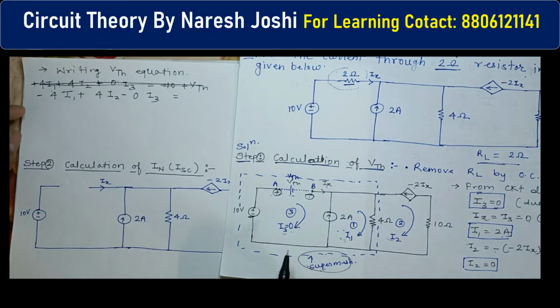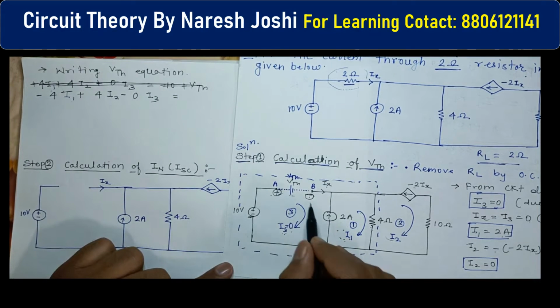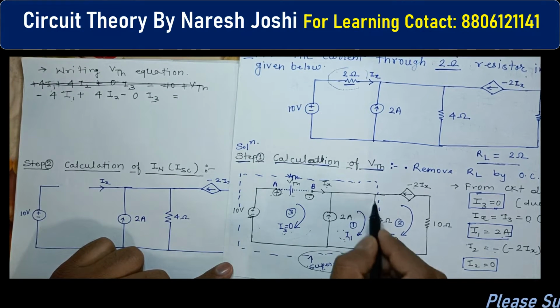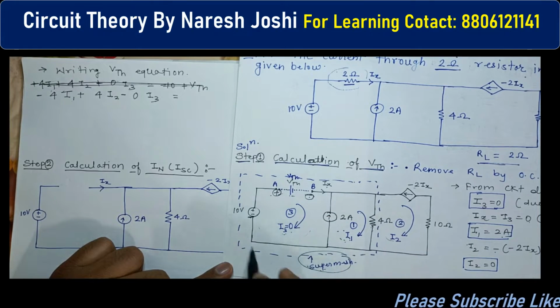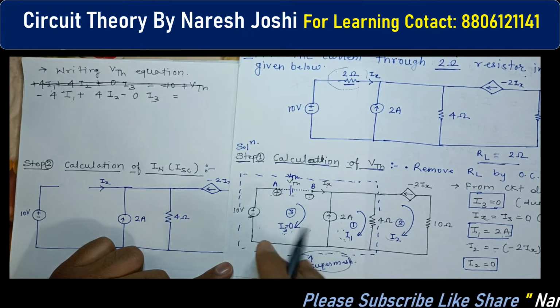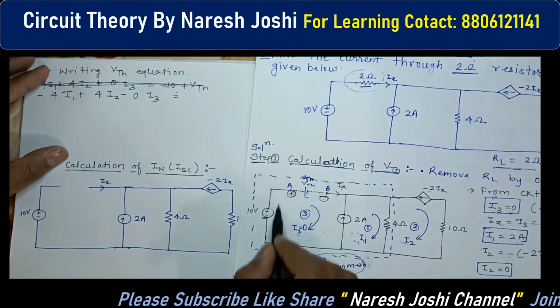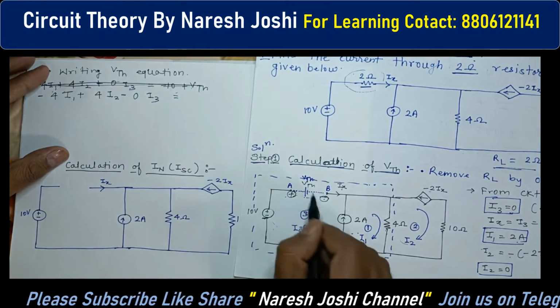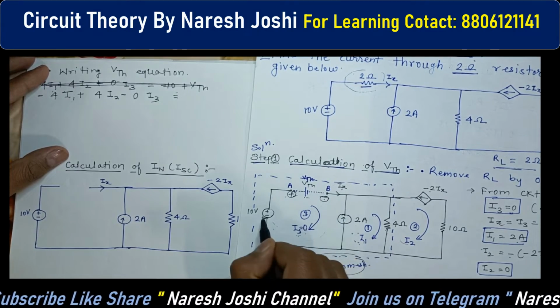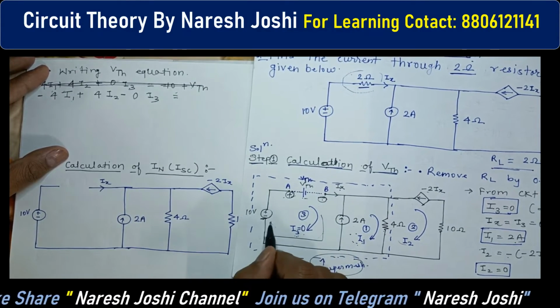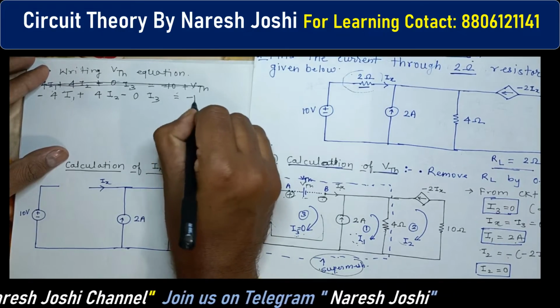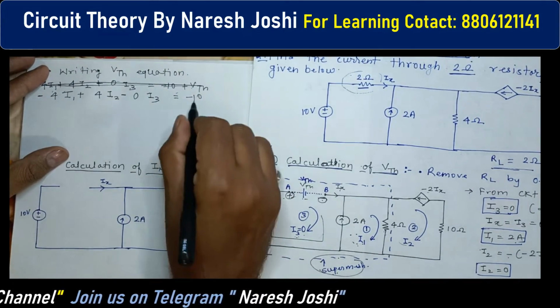Okay. Now we have to write the voltage. So here we have to come in this direction. You can see in this path, in the super mesh path, there is no voltage. Clear? So we have to directly come here. What is there here, 10. You will come here, in this direction, here is minus 10. So we will write here minus, because minus is here first, so we will write minus.